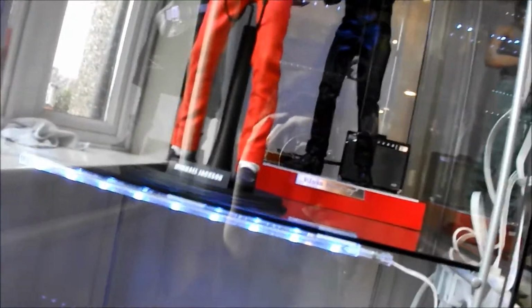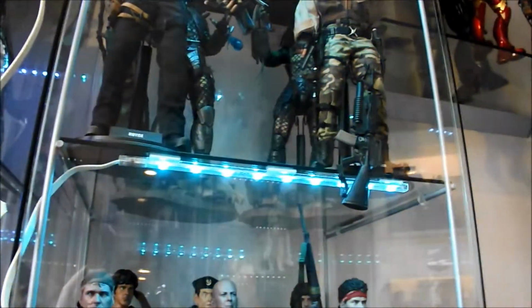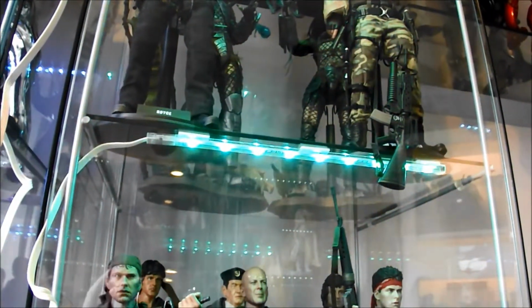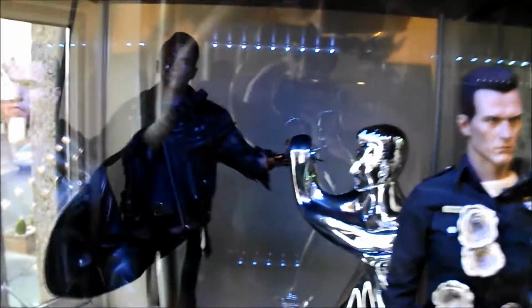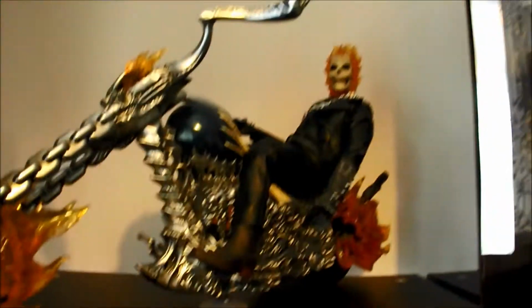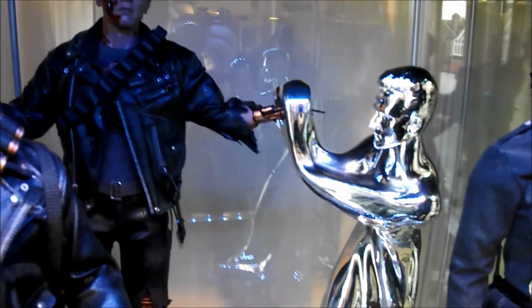With the blue lighting, you can actually change the lighting scheme of these things. They're on Diodor lights. Oh, it's changing that one, isn't it? So as you can see, you just twiddle that and it changes all the colour, which is pretty neat. So I like the blue lighting with the Terminator figures. Ghost Rider, still a nice figure. Nicolas Cage done up as well. And there's